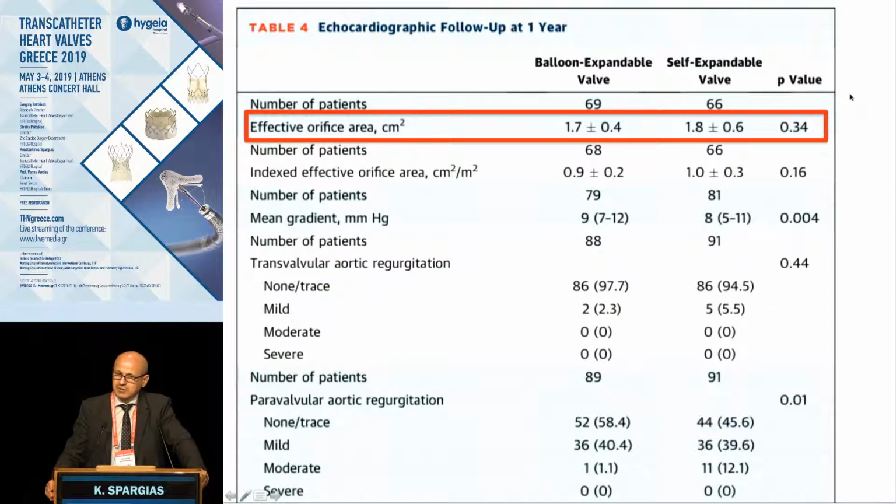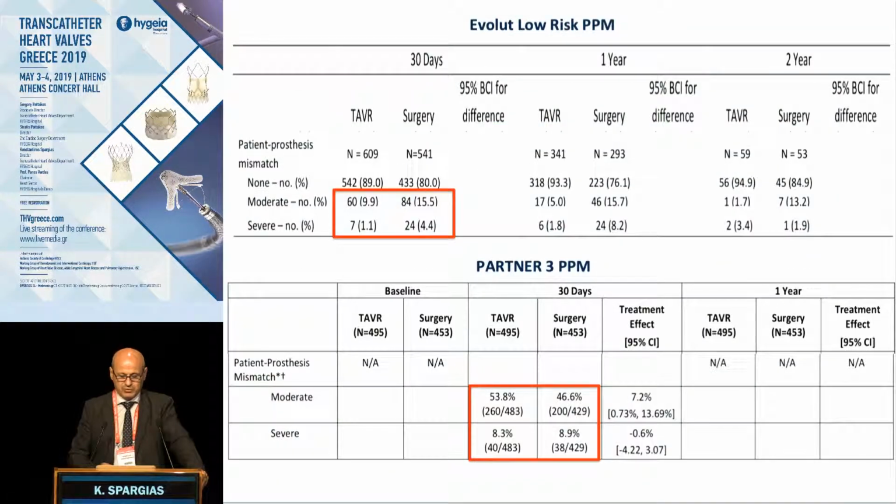So there was no difference in this randomized trial between the effective orifice you get at the end, with the same baseline anatomy. So it may also have to do with the selection of the valve, and we don't really know. What we really know is also there is a difference in the PPM, patient prosthesis mismatch, between the recently published